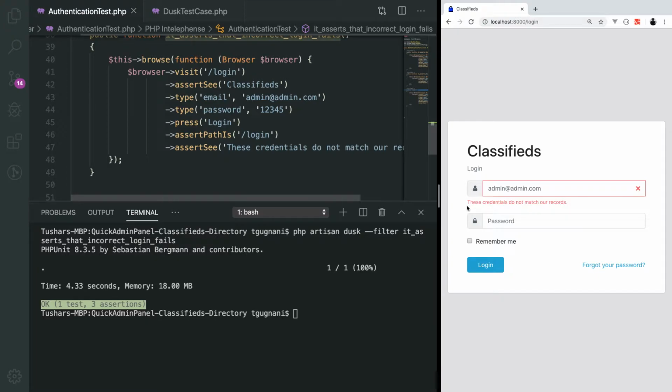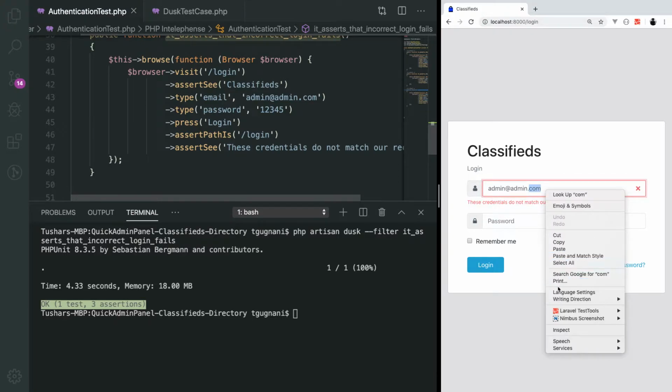Going ahead, we can also test that users see this message, but also this text box appears in red border. So usually when you open the login page, these two text boxes come in the gray border, but when the login fails, this comes in the red border. And how this is functioning is,